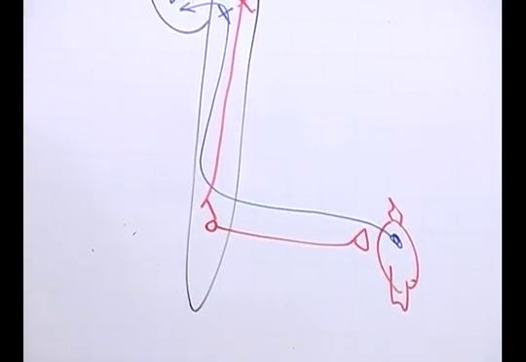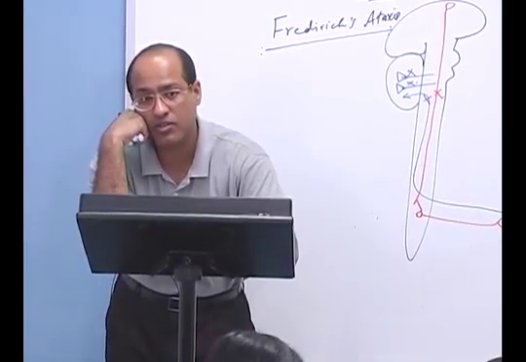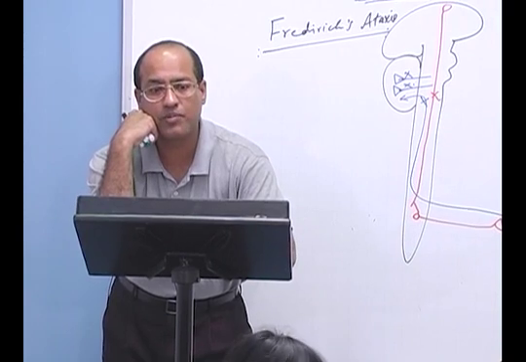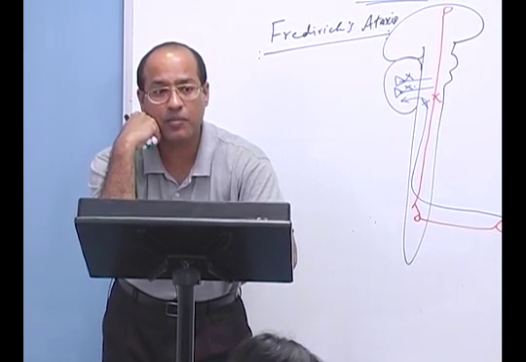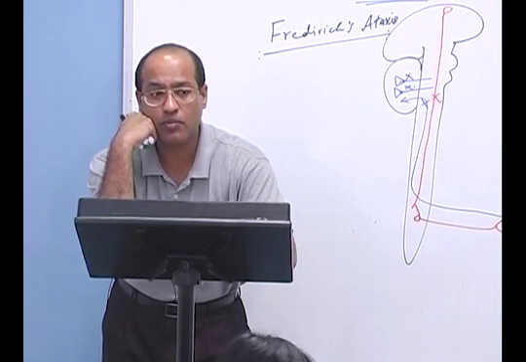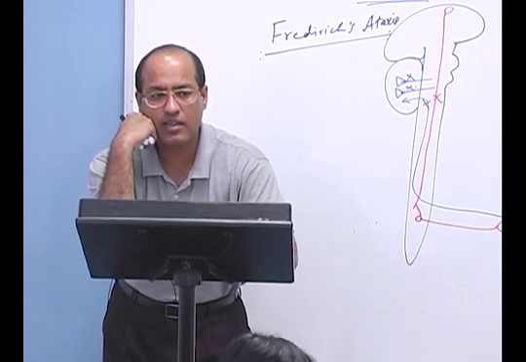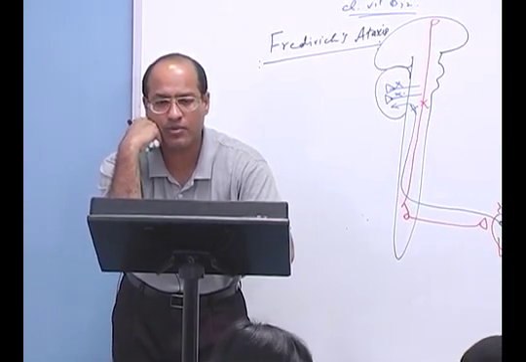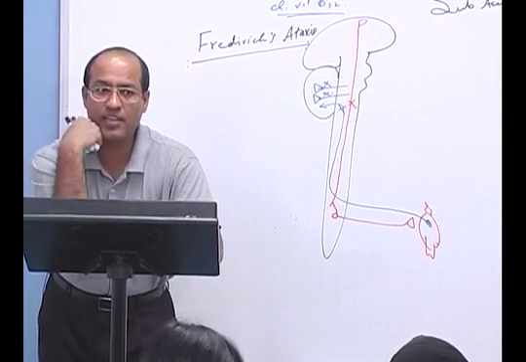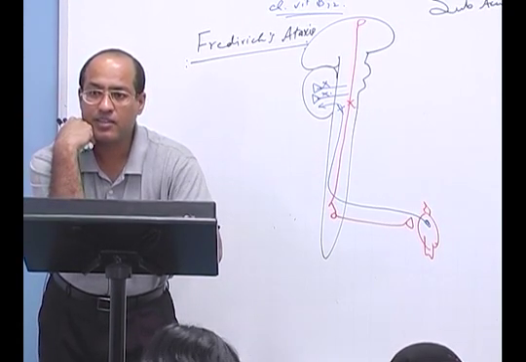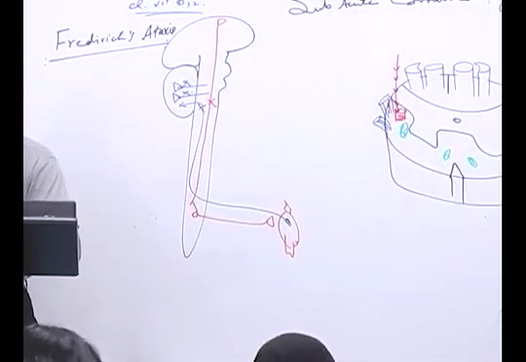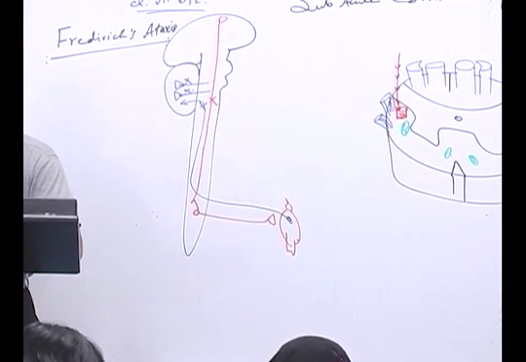It means the defective gene has to come from mother and father both, then the index case will suffer with the problem. Because in case of recessive diseases, paternal and maternal copies should both be defective. In case of dominant diseases, either parent may give one defective copy and disease manifestation may be there. Because Friedreich ataxia is an autosomal recessive disorder, if the defect comes only from the mother or only from the father, the patient may be a carrier but will not be a sufferer. But when they are close marriages and the defective gene is moving in the family, in this case the family is making an abnormal protein called frataxin. This is due to